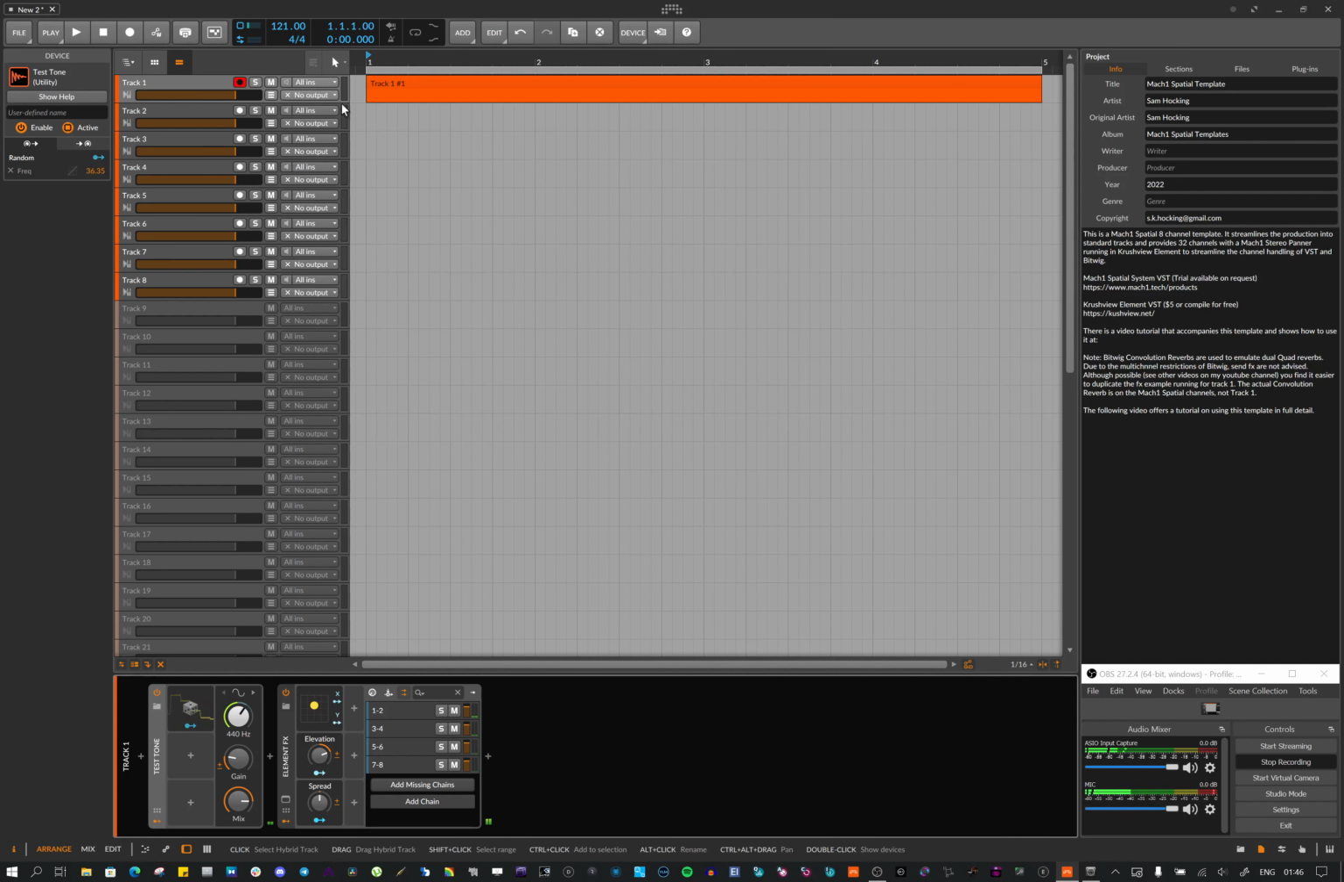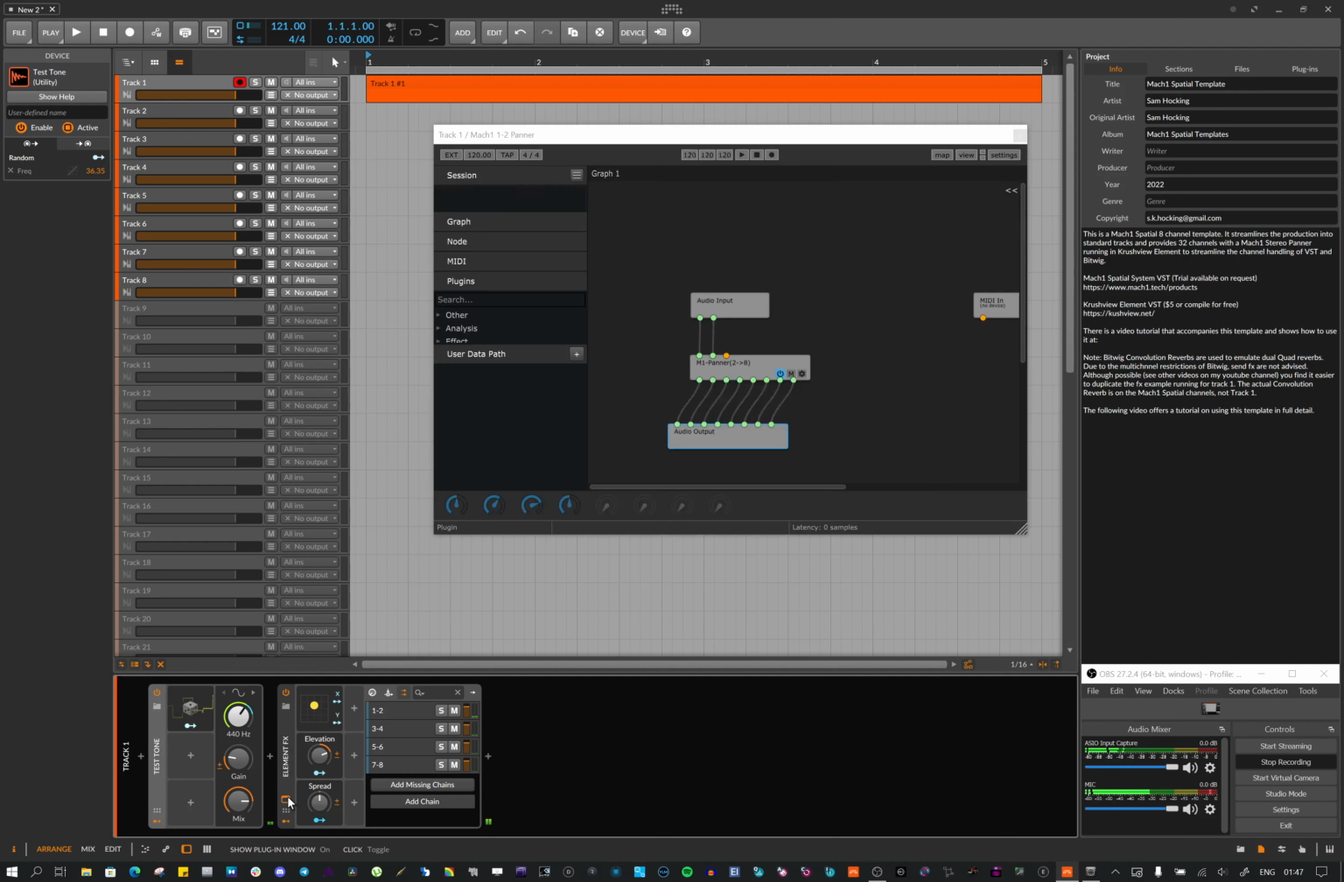So we don't use any of the Bitwig output routing here. It's all handled with audio receivers, but we run Krushview Element, which is taking the stereo output of this test tone, and that enters Krushview Element, which has its own input and output channels, basically,